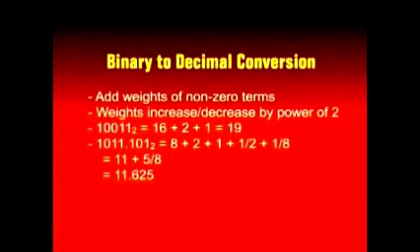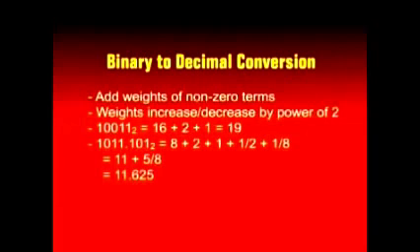So the weights are 16 for the most significant bit and 2 and 1 for the last 2 least significant bits. If you sum up these 3 weights, the answer is 19. Let's consider a second example. The binary number which is to be converted into decimal is